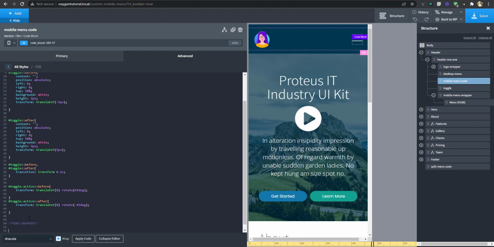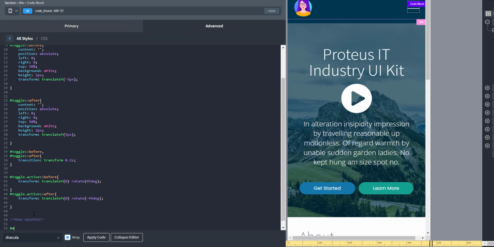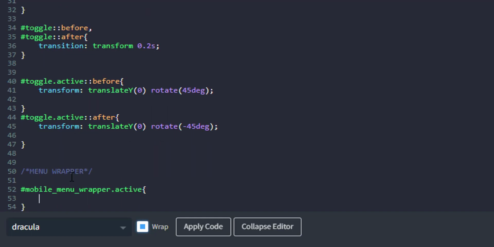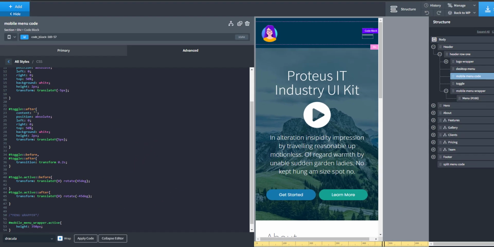It should have been given a shorter name. .active, and now we're going to give it a height of, let's say, 350 pixels. You adjust this according to the height of your menu, and let's save that and see what happens.